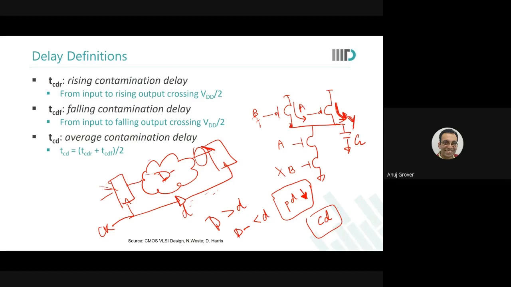Then what would happen? If this D minus is less than D, then whatever you launched at the rising edge of clock over here will reach the next flop even before the next flop had utilized the earlier output. Are you able to see this? Yes, sir. So what has this done? This has contaminated my previous cycle's output by pushing out the new output much faster. Are you with me?